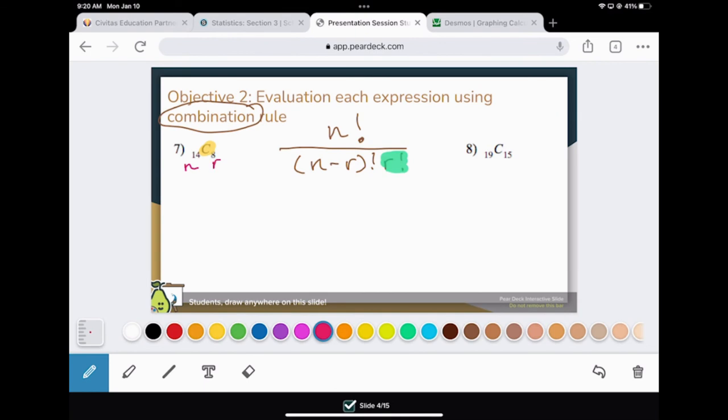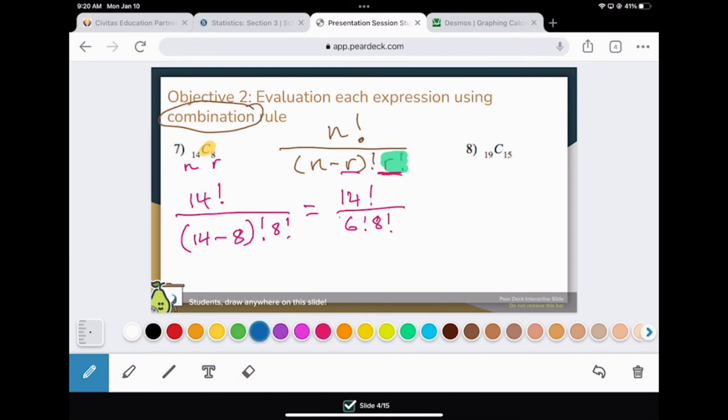We can do this. 14 factorial over n minus r, which is 14 minus 8, times r factorial, which is 8 as well. So you're just going to simplify this. 14 minus 8 gives you 6. When you type this in your calculator, make sure that you put parentheses around 6 factorial and 8 factorial. Okay? If you don't do that, it's going to give you something else, not going to match